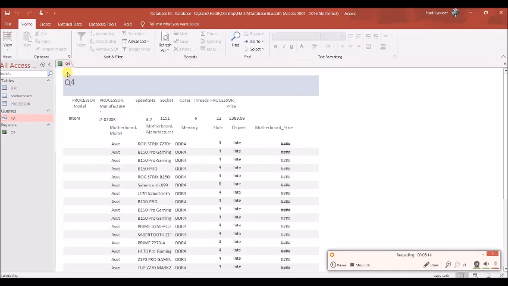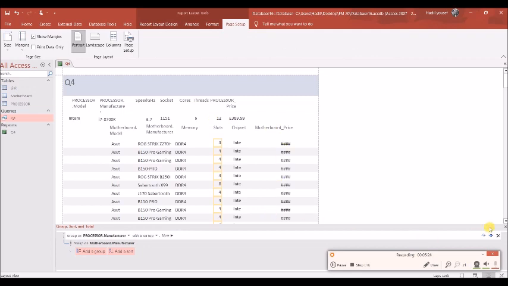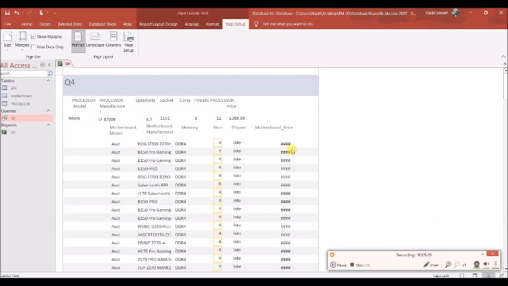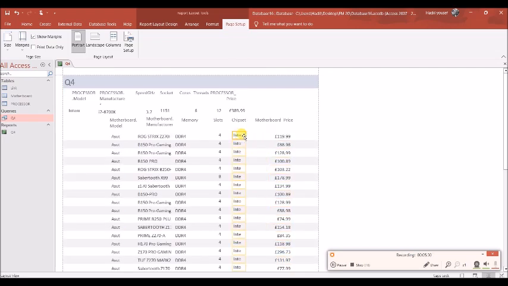Check if everything is visible. No, here this is not visible. We have to move. Let's do this in the layout. I will just close this. The price, cheapest, memory, move,